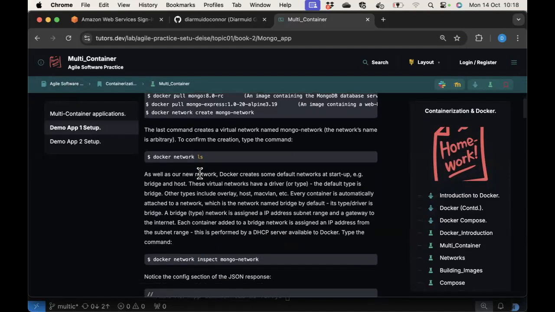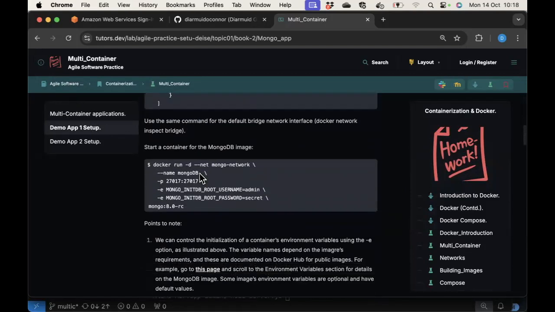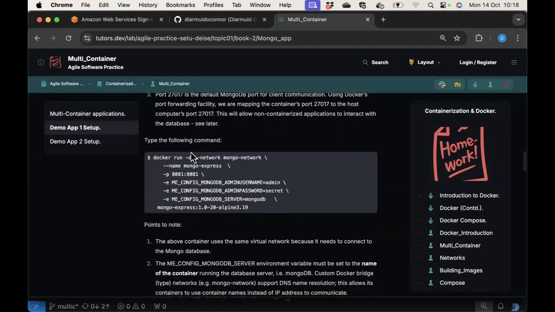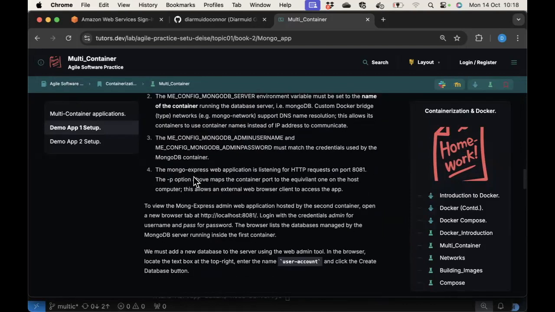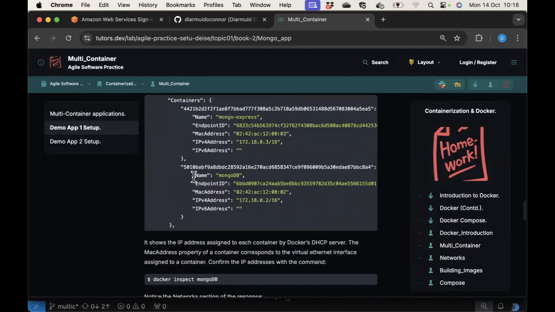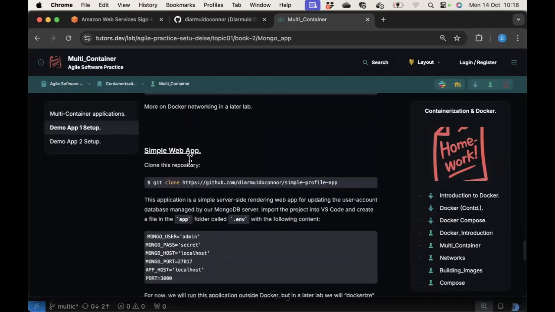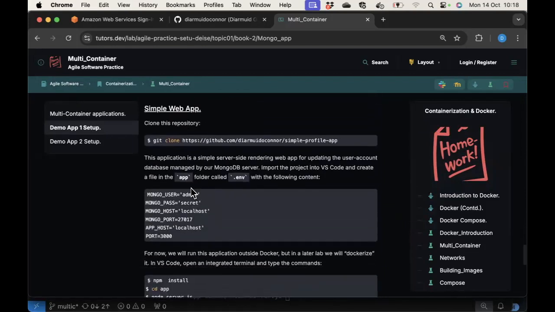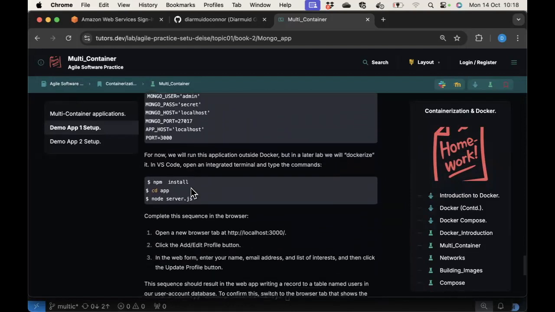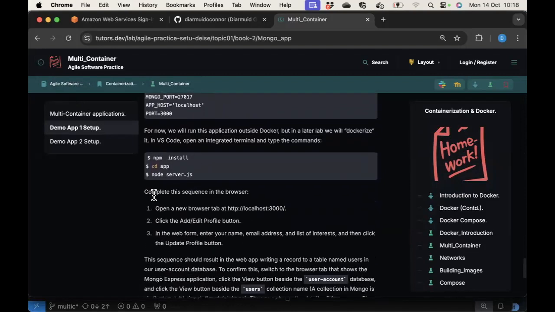In that case, if I scroll on down, we started up the MongoDB server. And then eventually we cloned the repo that contained the user profile app, which you did here. And then we tried to run it locally, and it seemed to work fine back then. So if I try and do that now,